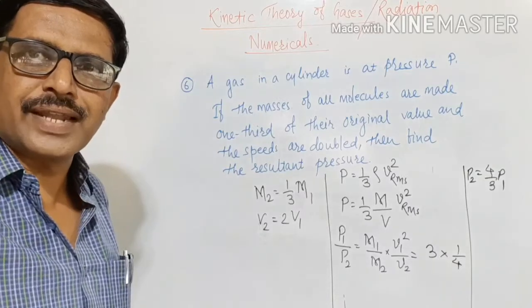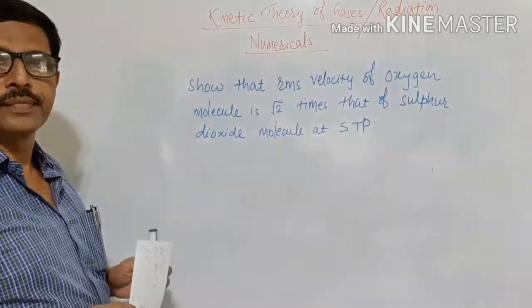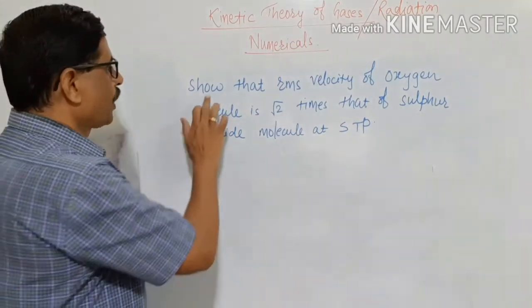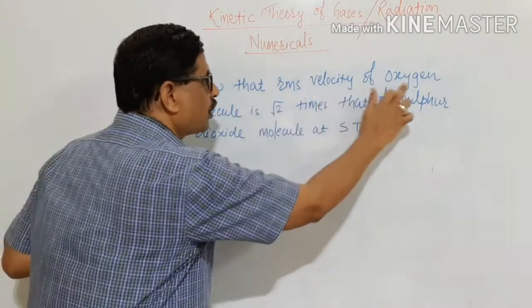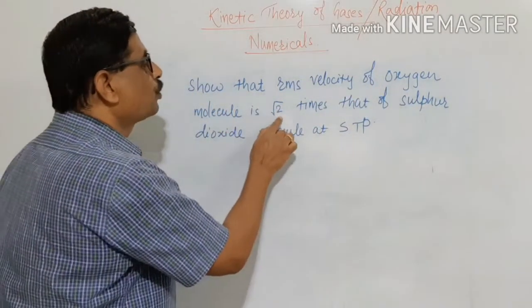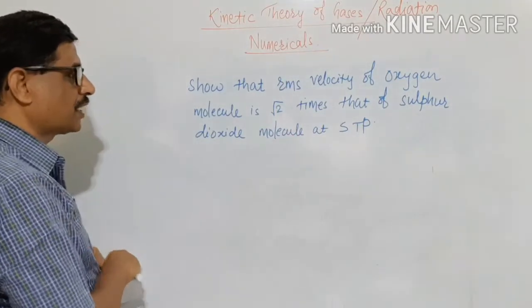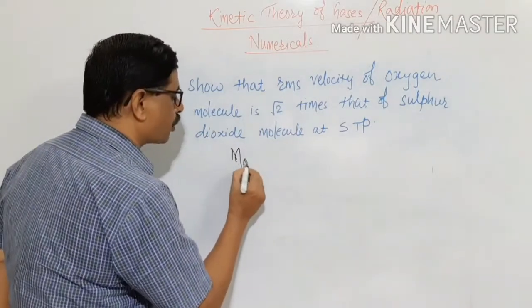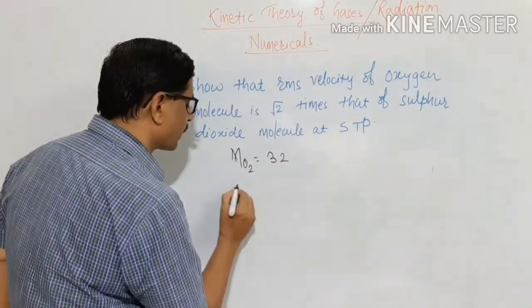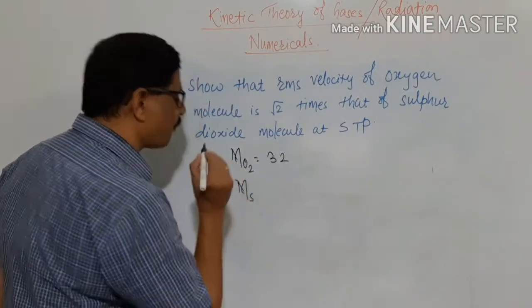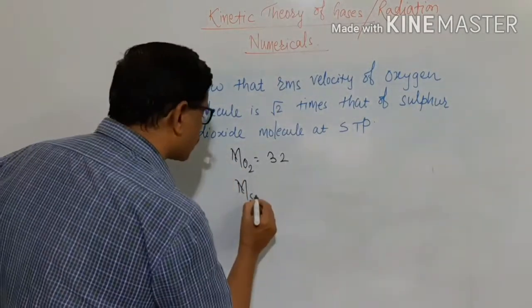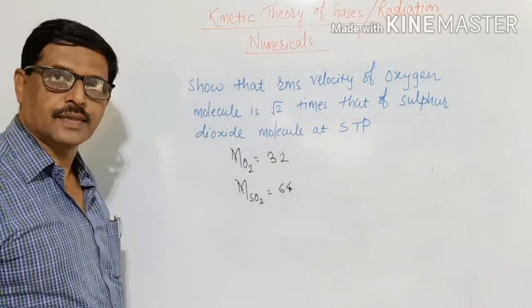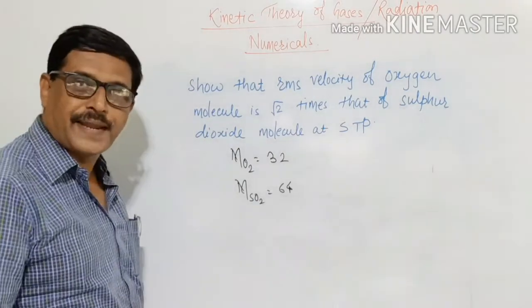Okay, we will go for the next now. The next numerical is: show that RMS velocity of oxygen molecule is root 2 times that of the sulfur dioxide molecule at STP. The molecular mass of oxygen is 32 and molecular mass of sulfur dioxide is 64, and the RMS speed